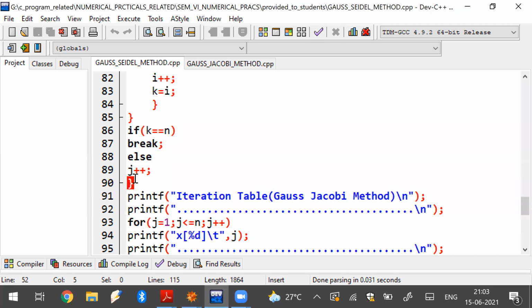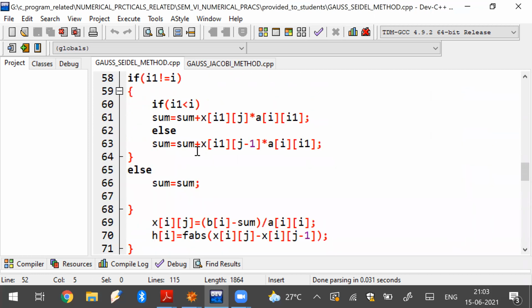That means I have sufficiently given a number of iteration steps. I do not know myself how many iteration steps will be required. Suppose I have given 30, but after 10 steps only the entire accuracy level is reached. So no need of calculating up to 30, because it is a wastage of memory and calculation power. So we won't do that. I have to break out of this while loop over this iteration.